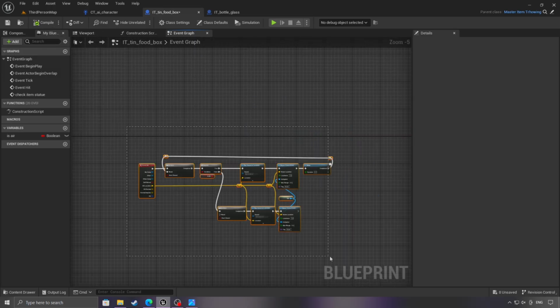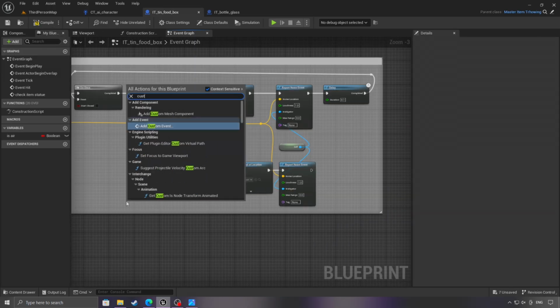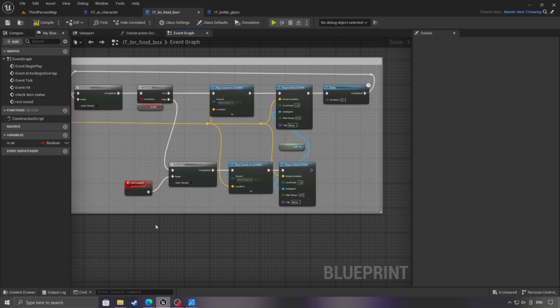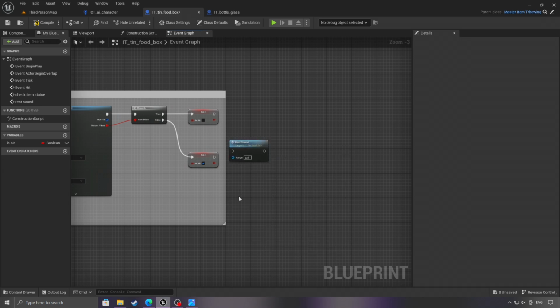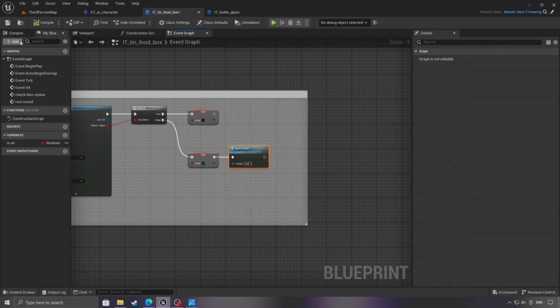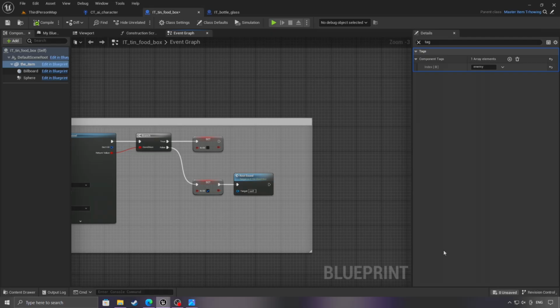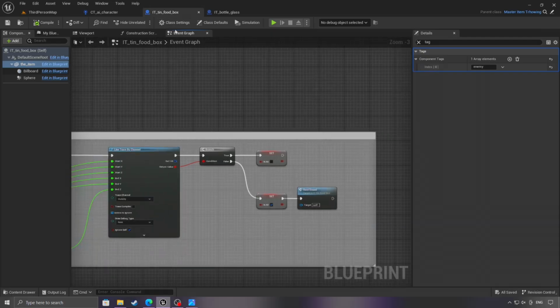the reset logic is different. We create a custom event and connect it here. Then we call it here. And the last step is to add the tag named enemy. Done here. Now we move to the glass bottle where things are a little different since we want it to